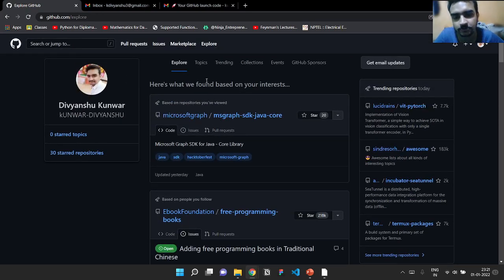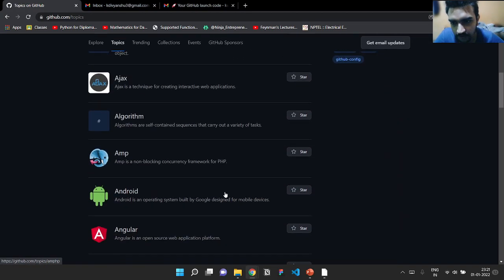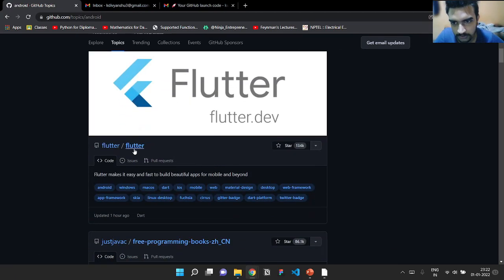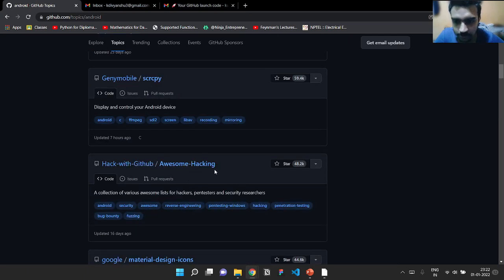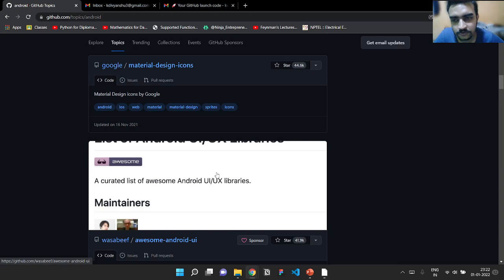But what if I want to get something on a special topic? For that, I will go to the Topics section here and I can search, like I have to search for Android. Okay, so I will see all the projects that are made for Android. Like there is Flutter, there is Free Programming Books, there is Awesome Hacking. There are a lot of repositories you can find and you can contribute to them or you can use their code in your own project. But you need to see their license,